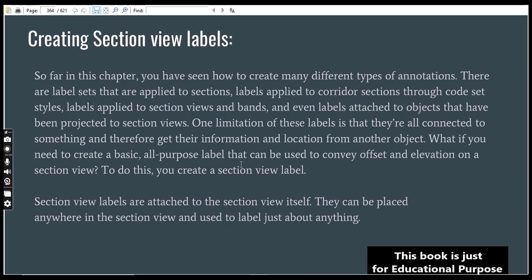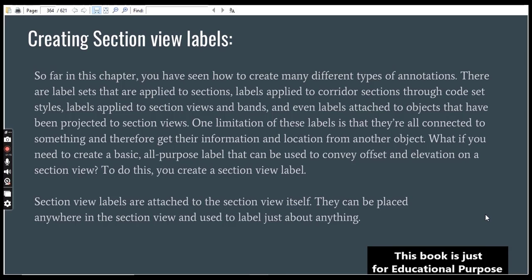One limitation of these labels is that they are all connected to something, and therefore get their information and location from another object. What if you need to create a basic all-purpose label that can be used to convey offset and elevation on a section view?